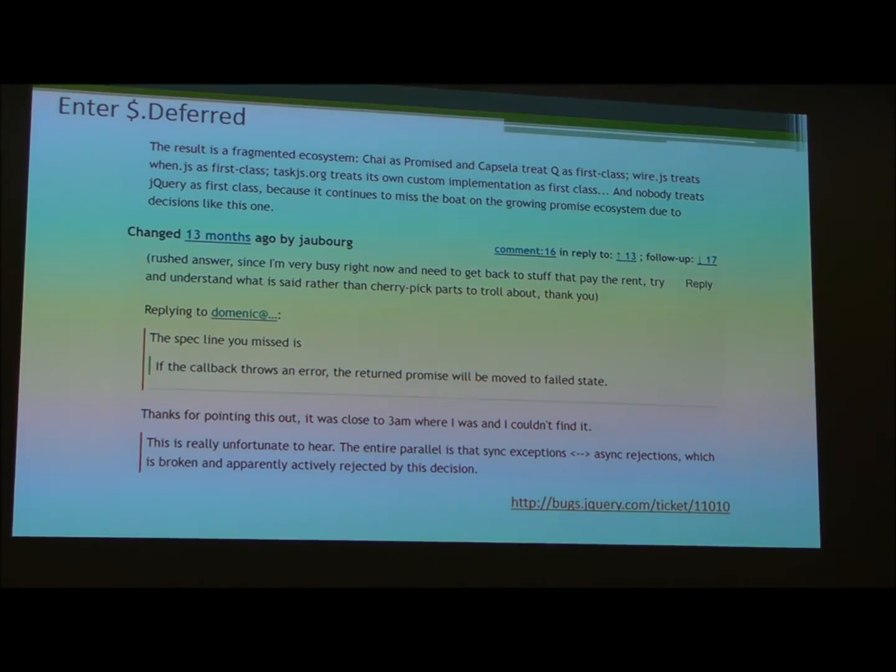It was really easy to misinterpret, and it had some extra stuff that nobody wanted, so people just kind of ignored it and picked and chose what they wanted. And one of the unfortunate consequences of this was jQuery's promises, the $.deferreds. So this is a screenshot from me arguing on the jQuery bug tracker about how they should make their promises A compliant, just meet the basic spec that we already have out there.